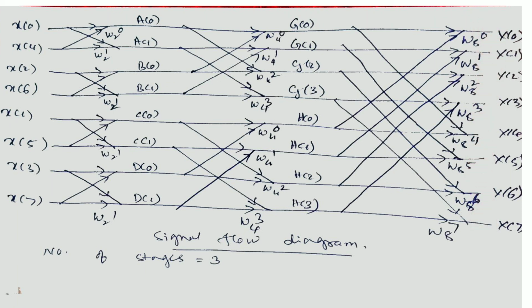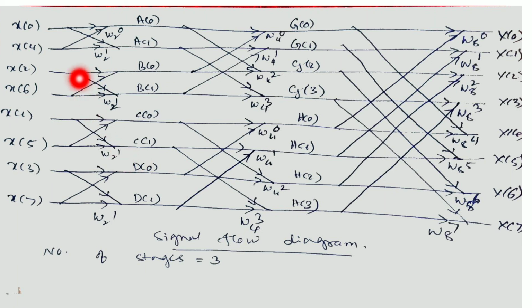And we can find here that the 8-point values of x of k are obtained first by computing 2-point DFTs and then combining the DFTs in a suitable way, so that finally we are able to get 8-point DFTs by making use of several 2-point DFTs. And from this diagram we can find that there are 3 stages. So this would be the first stage of output, this is the second stage of output, and this is the third stage of output.